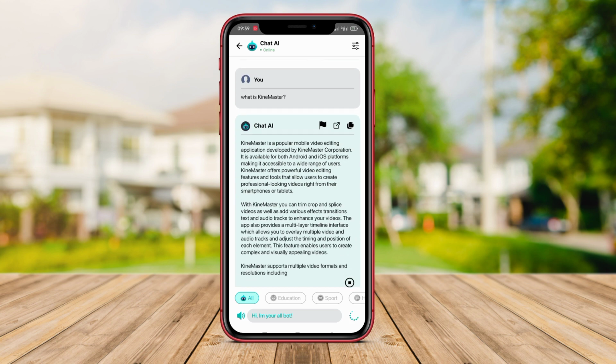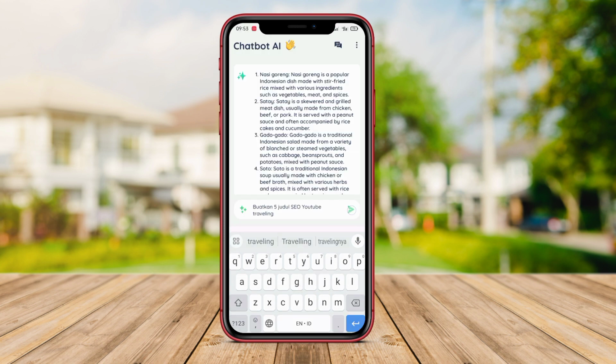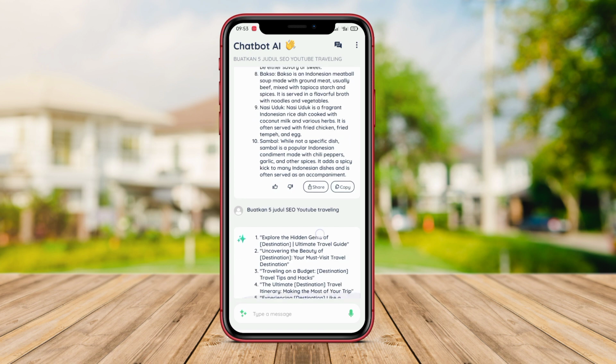With the advancements in artificial intelligence technology, these apps have revolutionized the way we interact and engage in conversations. So, if you're looking for a chat app that can simulate real-time and intelligent conversations,